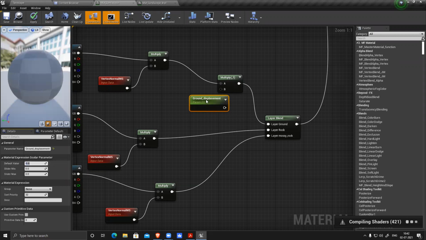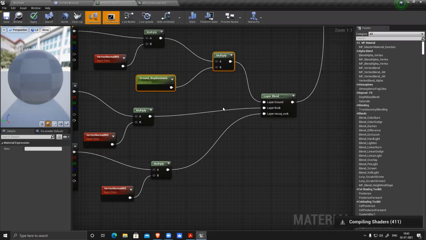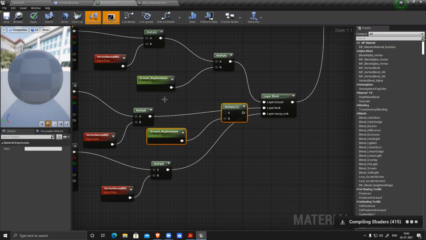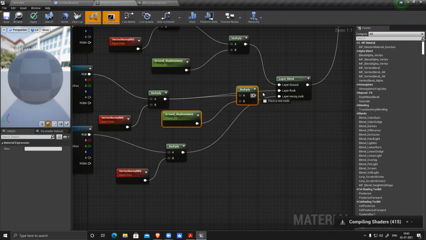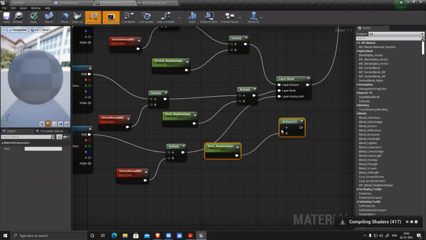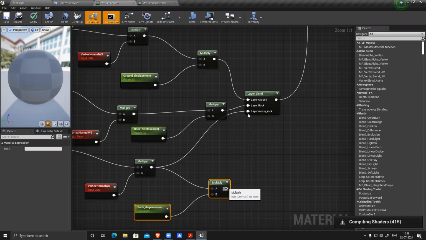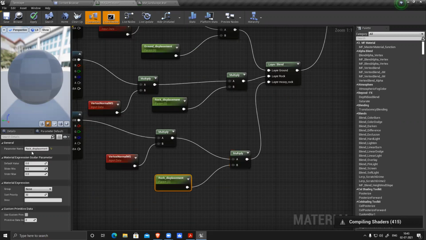So displacement, I can do it in real time. Just duplicate this, Control W, bring it here, connect this here, connect to the rock, and change the name. Rock. Control W, change the name.